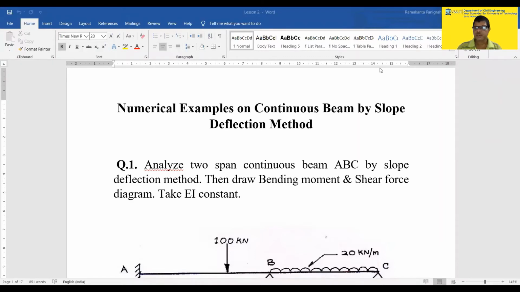Hello students, today we'll discuss some numerical examples on continuous beam by slope deflection method. We have discussed earlier regarding the slope deflection method and the formulation of equations by slope deflection method. Today we'll see some problems. It includes the sinking of supports and also non-sinking of supports, and different moments of inertia, different spans. Let's go to the first example of this